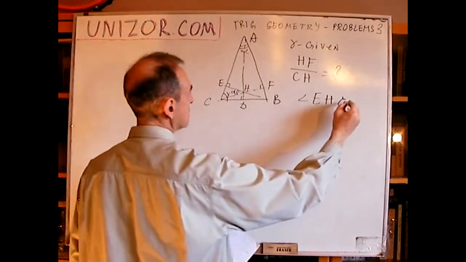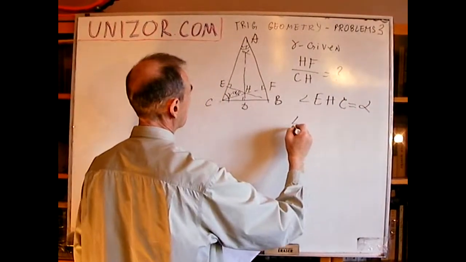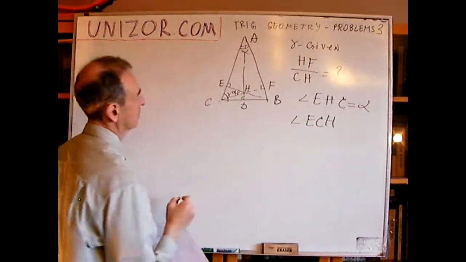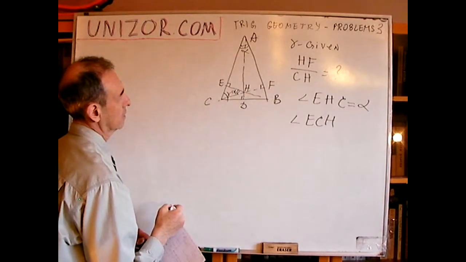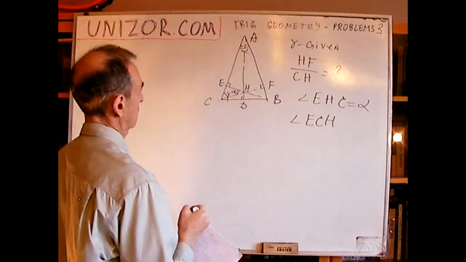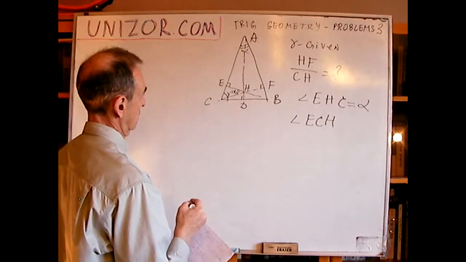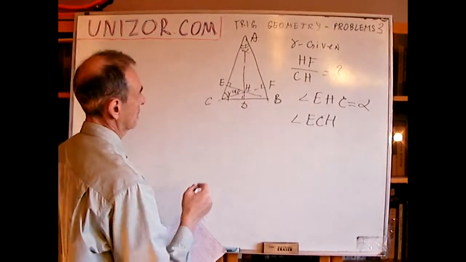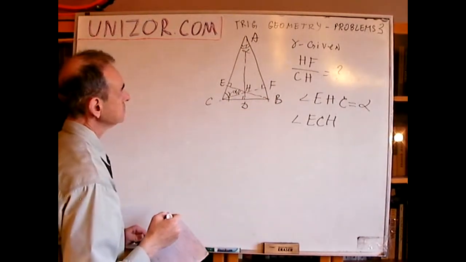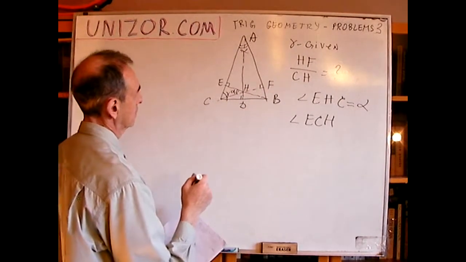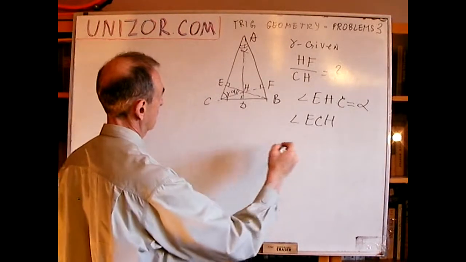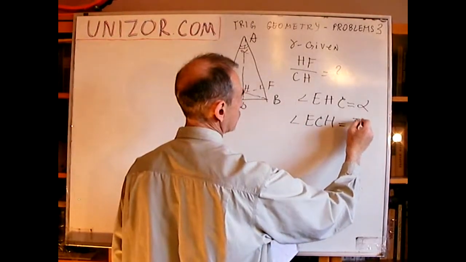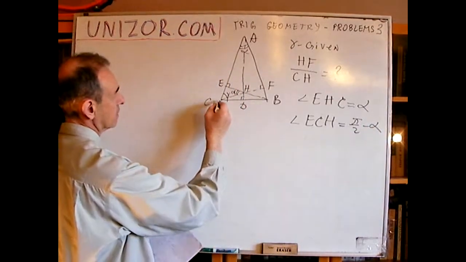So from this we can see that angle ECH is equal to pi over 2 minus alpha, because triangle CHE